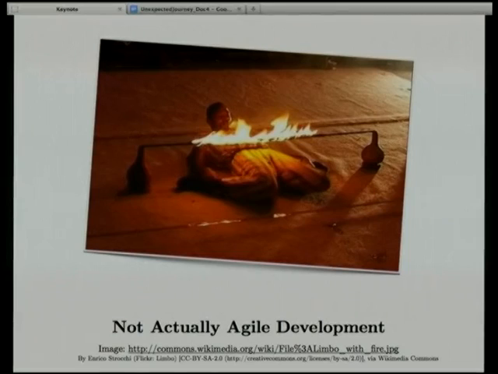So Agile development, I want to start with just a quick definition of what I talk about. When I say the term Agile development, I'm using a very, very broad term. I'm talking about any kind of development for software, hardware, anything you're making, as long as you're doing it in iterations. So if you've got a 2-week sprint or a longer sprint, and you've got something at the end of that sprint that could, at least hypothetically, be released, then that is an Agile system in the sense that I'm using it.